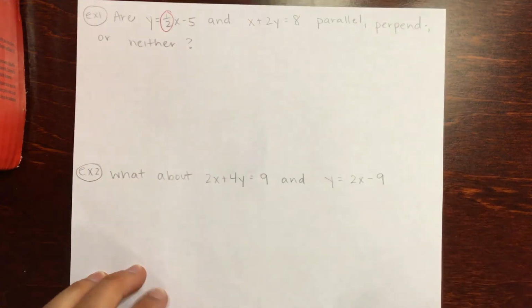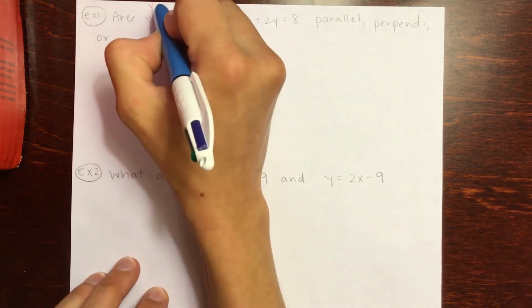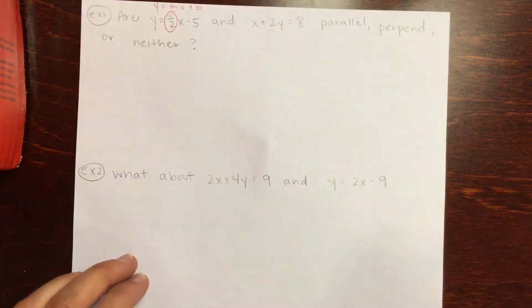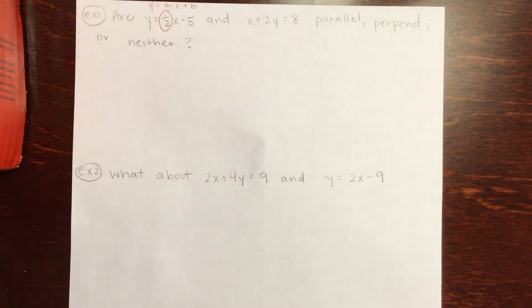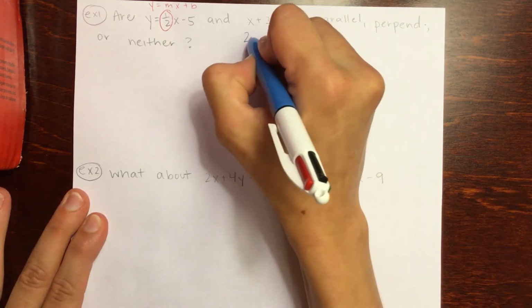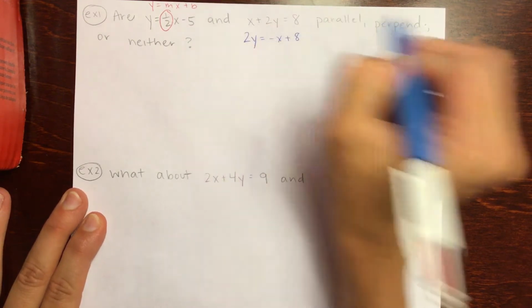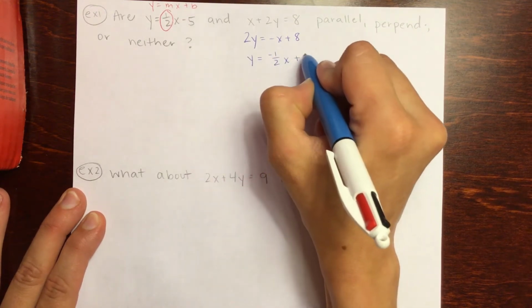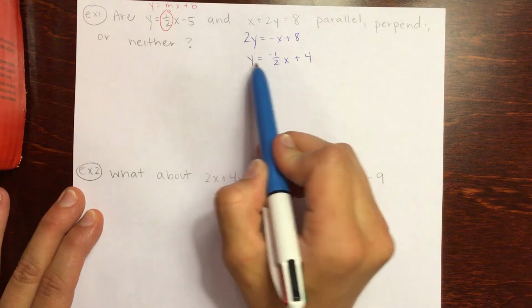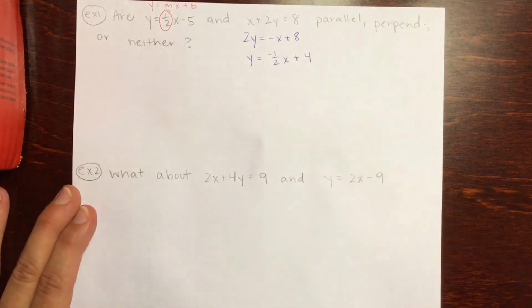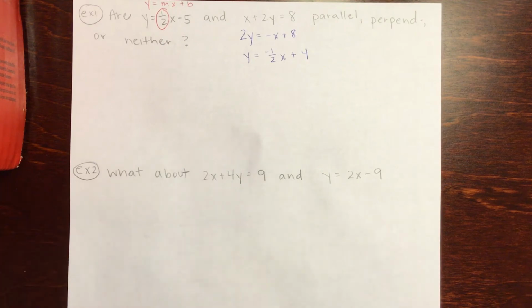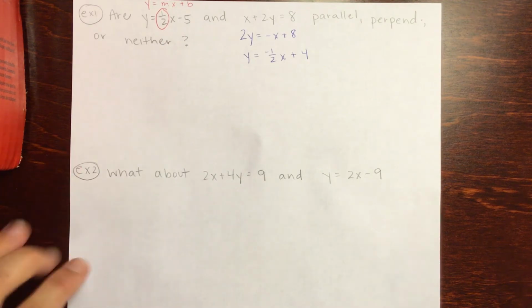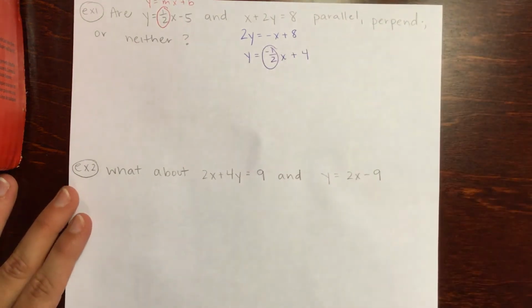The first equation is already written in slope-intercept form, y equals mx plus b. So we can straight up pick the slope out there. It's 1/2. The second equation, we need to rewrite it first before we can figure out what the slope is. So I'm going to subtract my x over to the other side and divide everything by 2. Everything by 2. That includes the y piece to get rid of my 2, this -1, and this 8. Okay, now it's in slope-intercept form, y equals mx plus b, so I can pick out my slope and compare